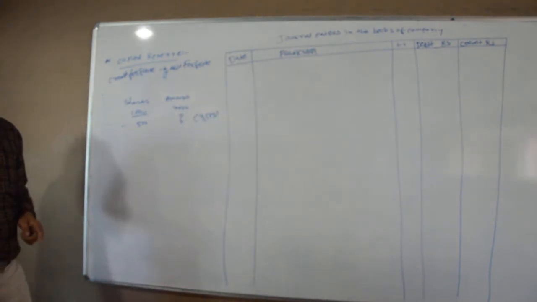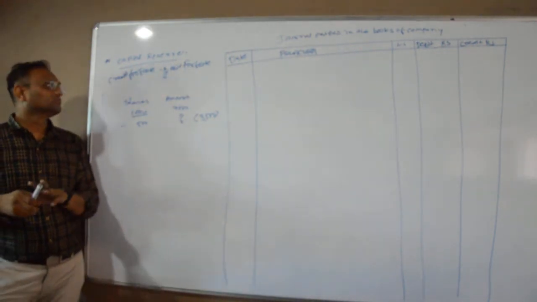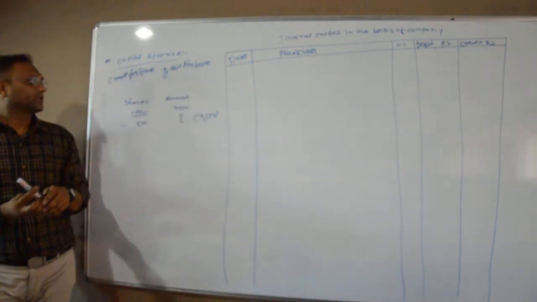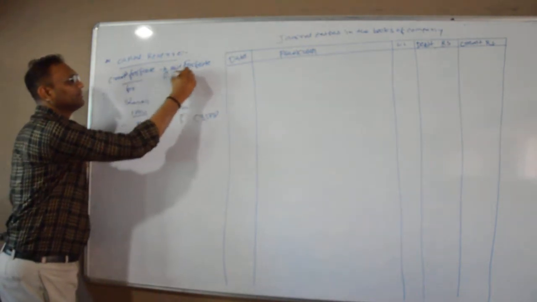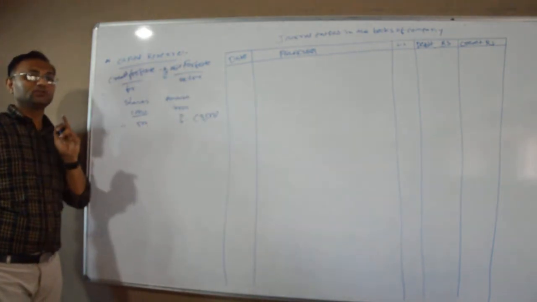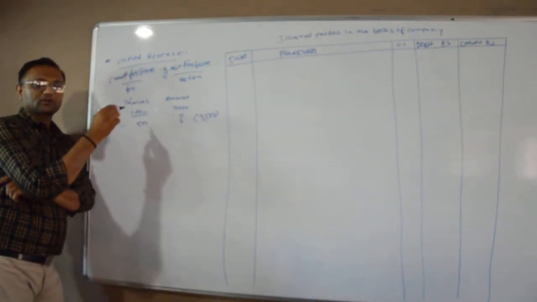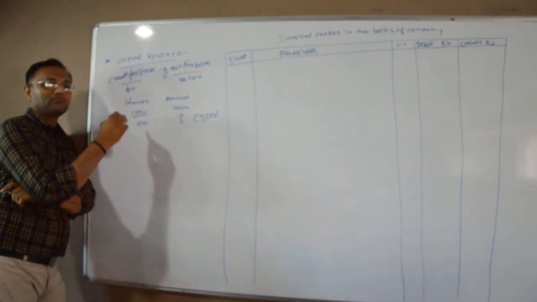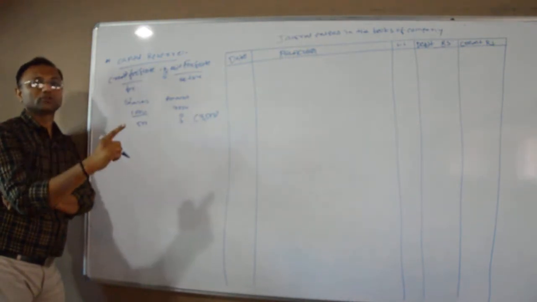Again, I repeat that at the time of transfer to capital reserve, we have to consider one more thing: credit forfeit minus debit forfeit. Credit forfeit at the time of forfeiture and debit forfeit at the time of reissue. We have to focus on that. At the time of forfeiture the company had 1000 shares, but at the time of reissue only 500 shares, so we calculate on the basis of reissue of the shares.